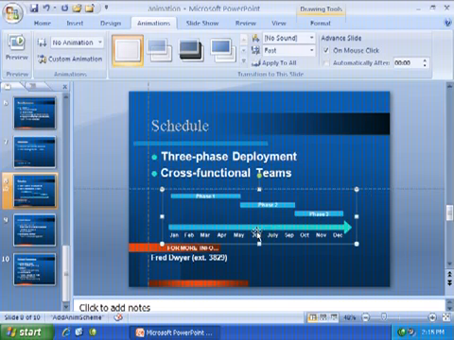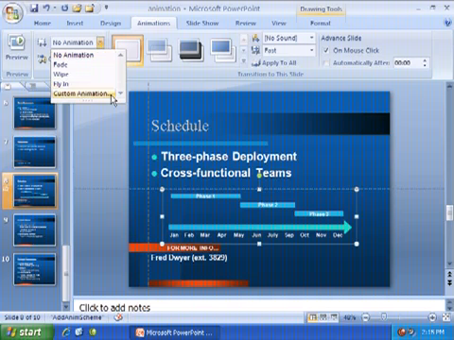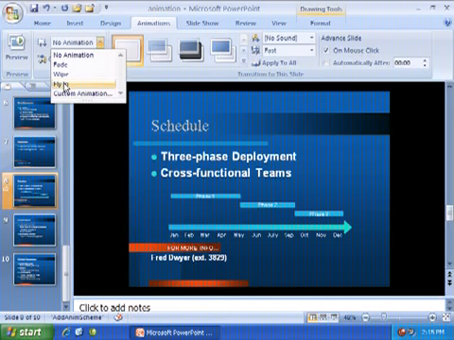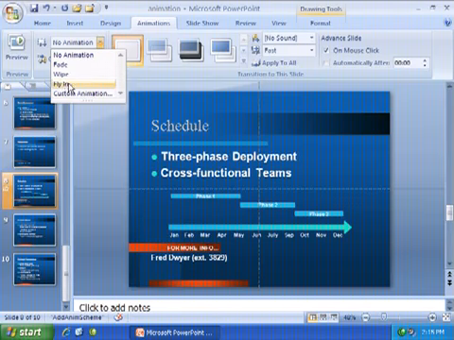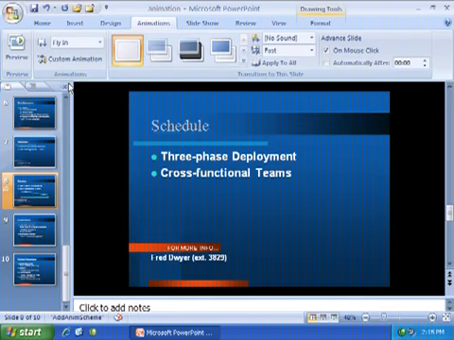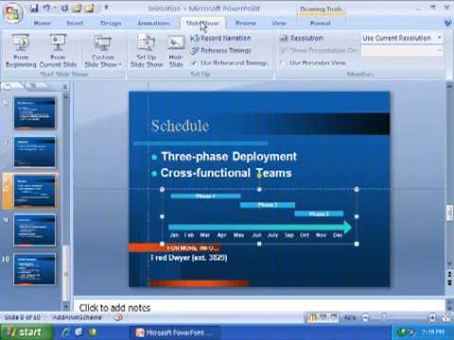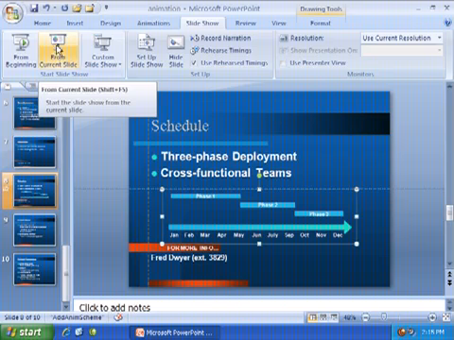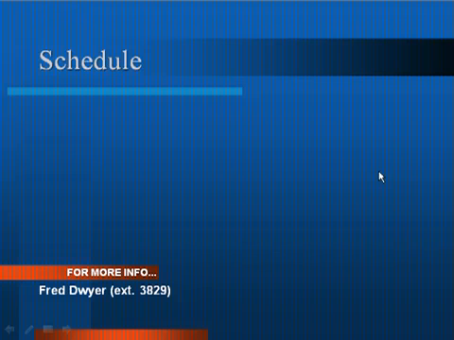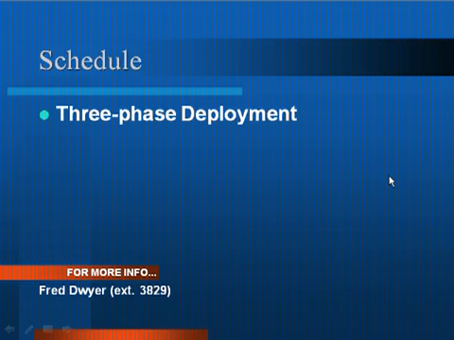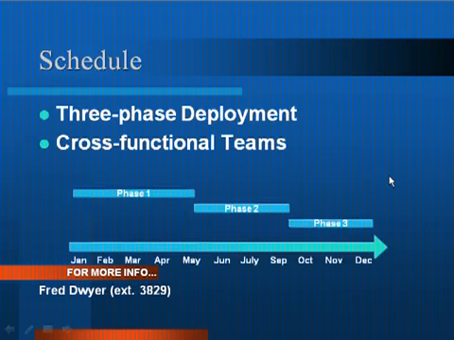And now I'll go ahead and click here on this particular object, and for animation I'll go ahead and tell this that it can fly in as well. And you'll see 1, 2, 3, all those parts come in order. So let's see that full screen. I'm going to go over to the Slideshow button and run this slideshow from current slide. Really, this is the one slide I'd like to pay attention to. So we have our schedule, 3-phase, cross-functional,